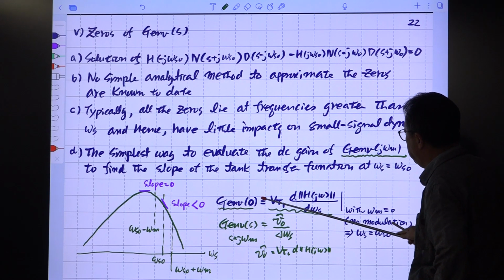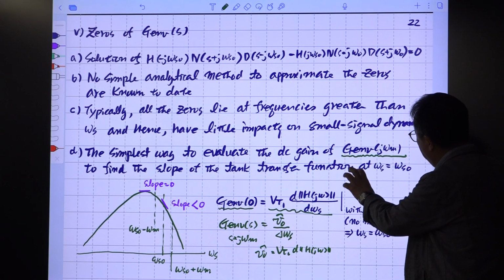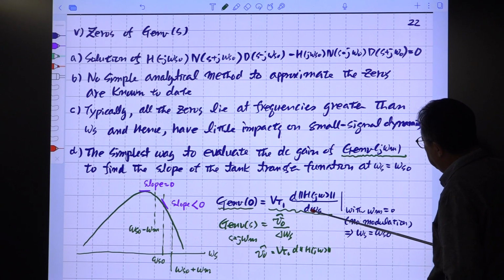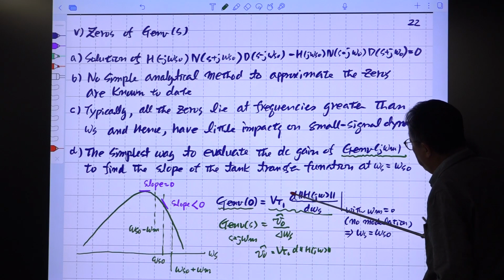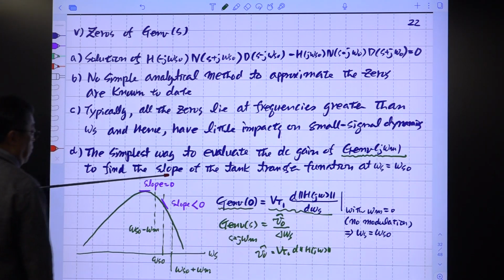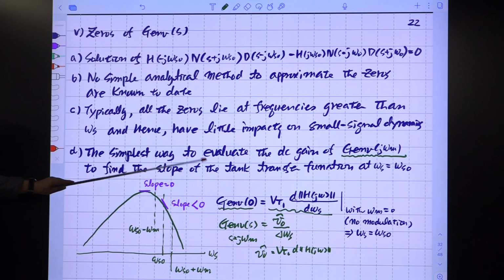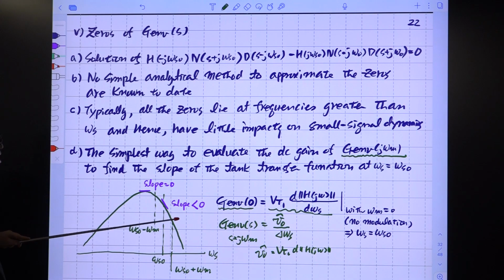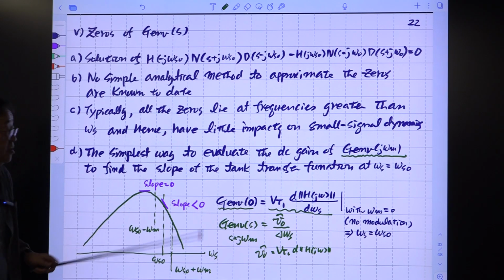So this low frequency value is V T1, the magnitude of the sinusoid at the unmodulated switching frequency, and the slope of that is this one. So V T1 times this one. This is simply the slope of this. So the slope of this H curve at this resonant frequency is 0. Okay. So at the resonant frequency, the DC gain of this one is 0, and at this frequency, this gain is negative because the slope is negative, and at this frequency range, this slope is positive. So I missed something here.